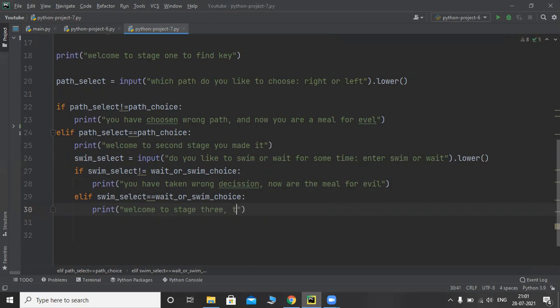Come on, you made it, and you are one step from the key.